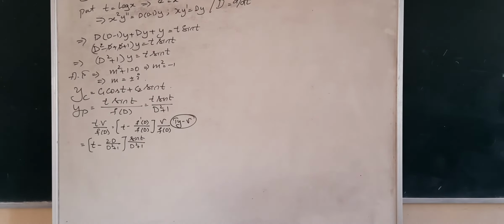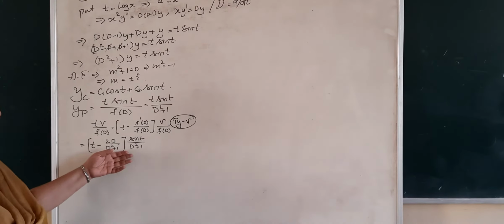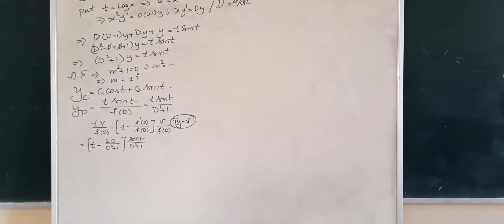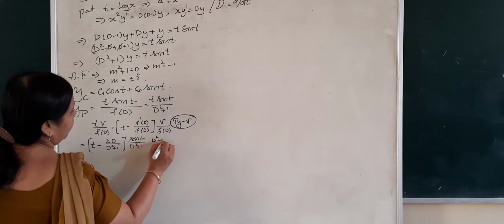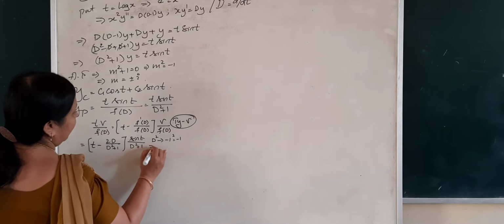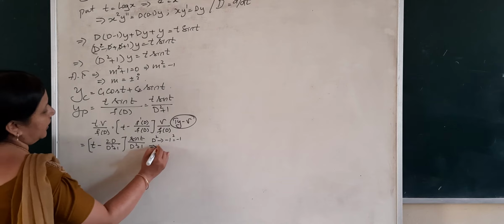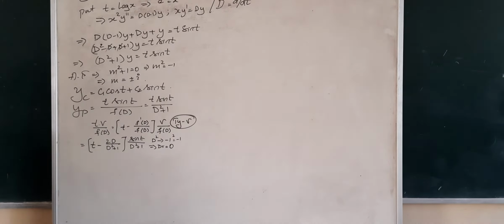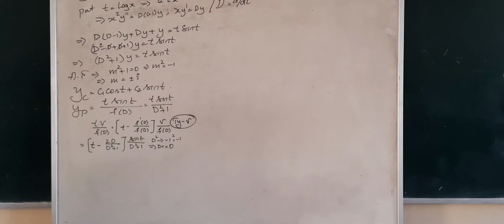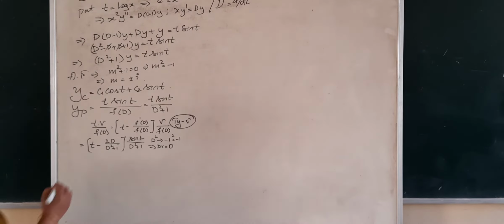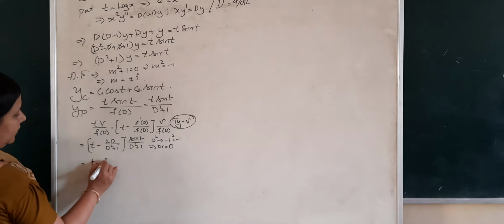Understood, guys? Internally we are going to get type 2 again, so d square is again replaced by minus 1. But in this case, if I replace d square by minus 1, that is minus 1 plus 1 is 0. Hence my denominator is going to be 0. So what am I supposed to do to get rid of 0? To get rid of 0, we just have to differentiate this. You know that, right? Whenever the denominator is 0, this term stays as it is, no difference.